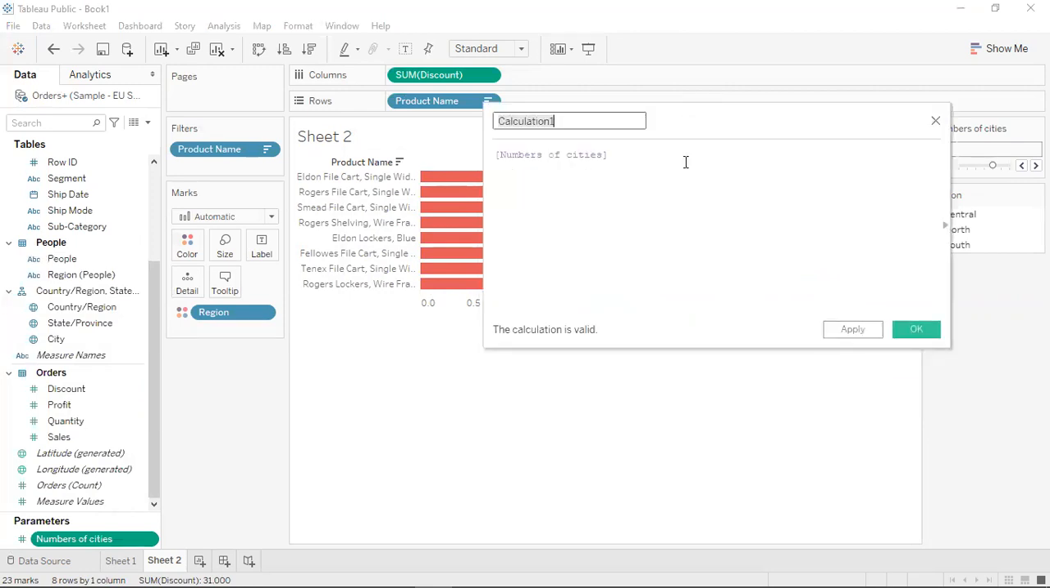For calculating quantity, discount, profit, sales. What we can calculate is quantity multiplied by sales, total sales, sorry, total sales. Sales multiplied by